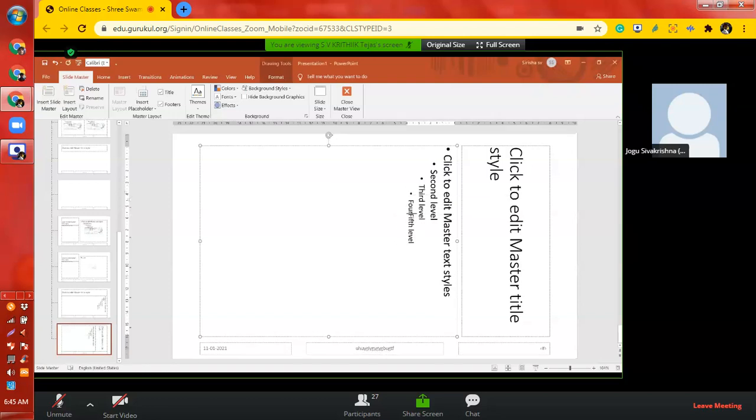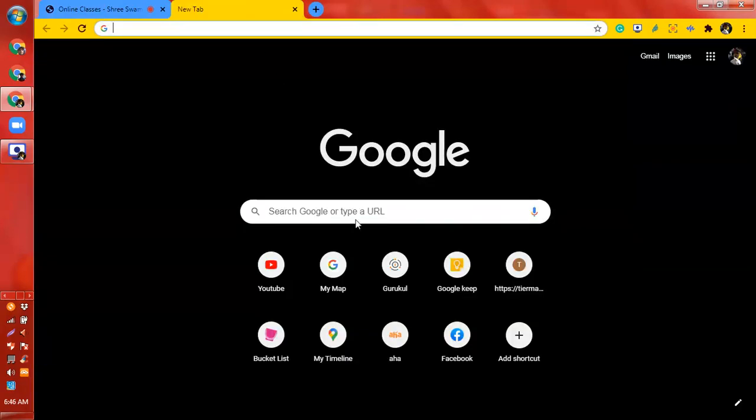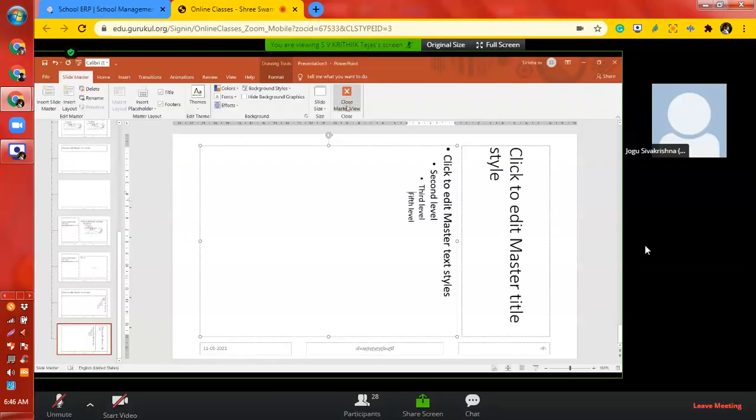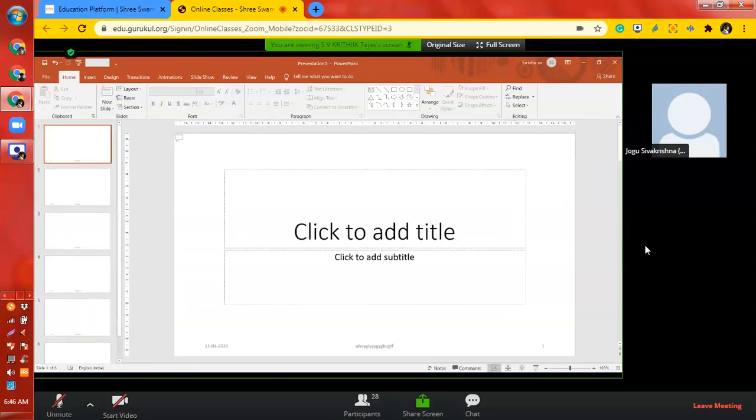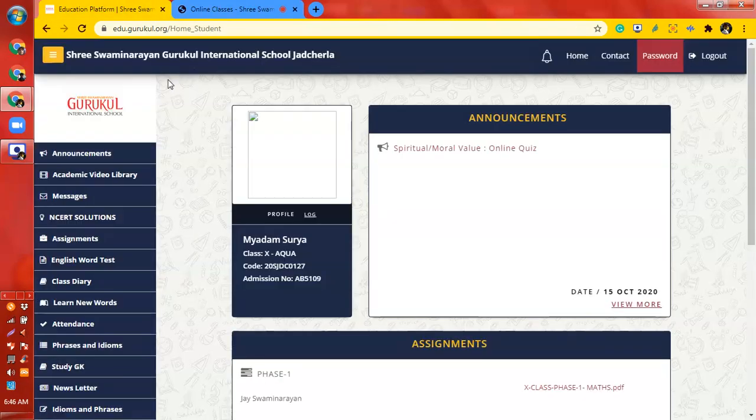If you want to come out of this master slide, you can see on the options bar, you can close master view. Close master view, it is showing. You can click on it, it will be out of that. Click on that, close master view. Last option, yes. You can click on it. So the same way you can go to the same position which was there. Okay, so this is what the master slide.